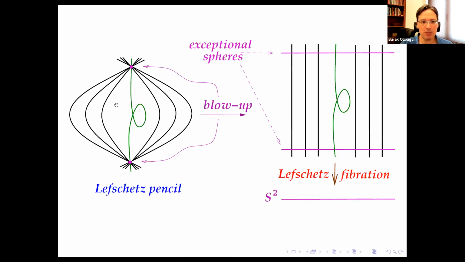So here is the summary. We have a Lefschetz pencil on the left-hand side. There's the base locus, the pink dots. We blow up those points. Those purple points become exceptional spheres in the Lefschetz fibration. So the base is now a sphere, a smooth surface. Four manifold X is represented up here. These are regular fibers, and this is a singular fiber. So except for finitely many fibers, all the fibers are smooth. And there are finitely many fibers which are singular, which is Lefschetz type singularity.